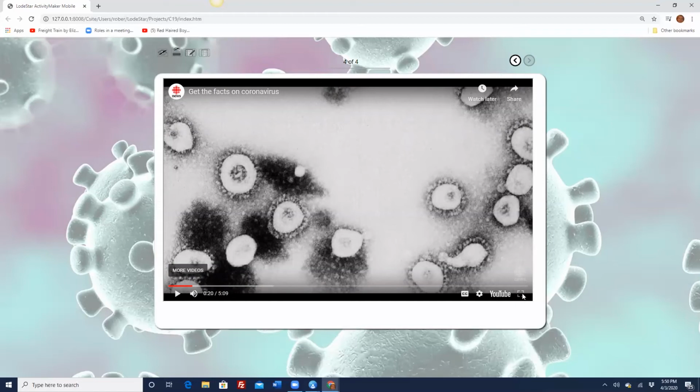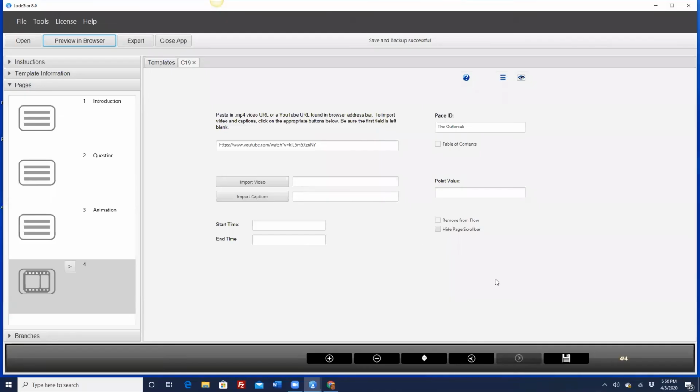This is not an example, but many videos allow you to just jump full screen right from within LodeStar. Some videos have a restriction. They disable that particular feature, and this one does. It's an excellent video. Let's now close off of that. I'd like to demonstrate